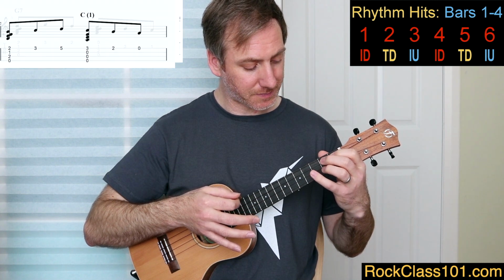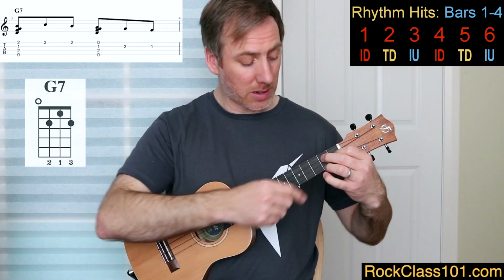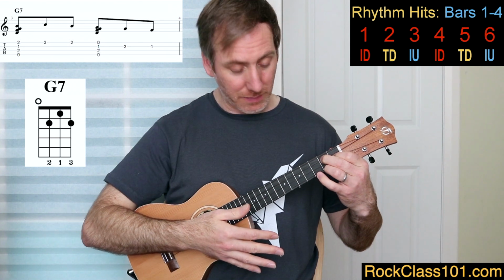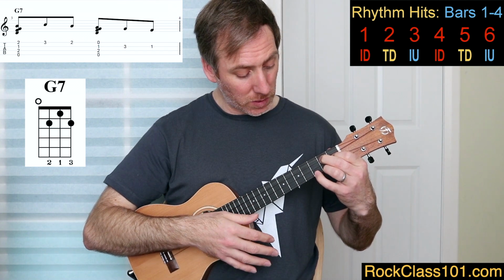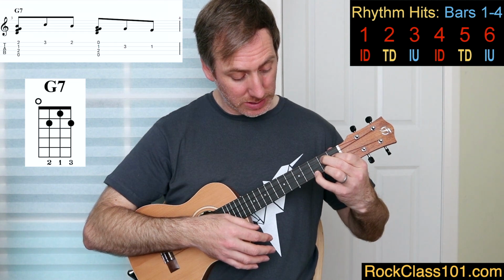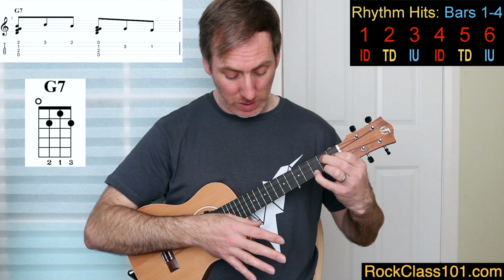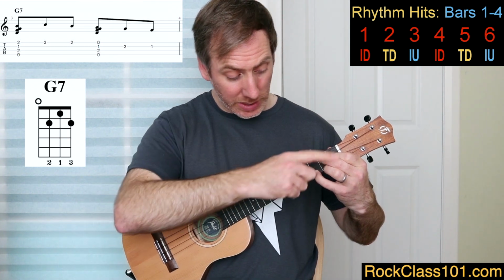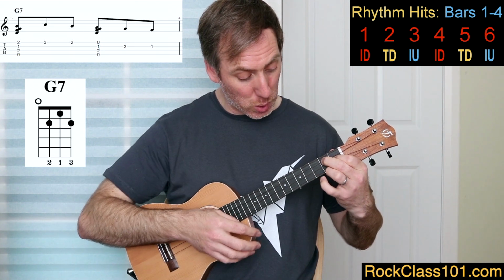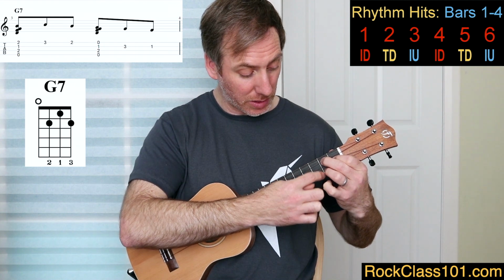Okay, perfect. So for bar 3, we're going to start with our G7 chord again, just like that. I'm going to play an index down strum of that full chord. Next note, we're going to add the pinky on at the 1st string at the 3rd fret. I'm going to play that with the thumb down. Okay. When we add the pinky, just leave the whole G7 chord on, because when we take the pinky back off, we want to play that note again, that 1st string 2nd fret that we started with,